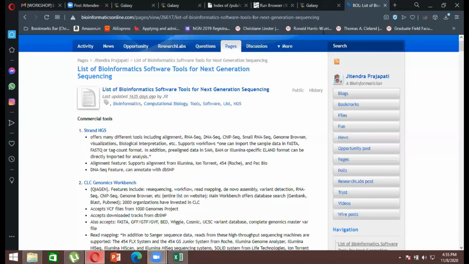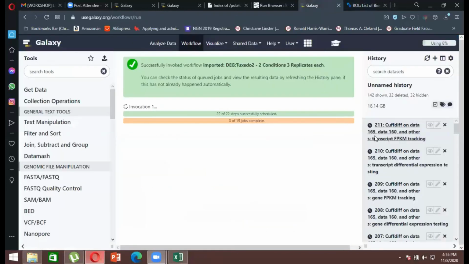Here, what you have seen is that we have done RNA sequencing basically, because the data set that we imported was an RNA sequencing database. In the same way, you can go for DNA sequencing databases as well. You can go to NCBI, download the file from there, and import all the data sets over here. Just search over here, import the data sets, and go for your NGS analysis.